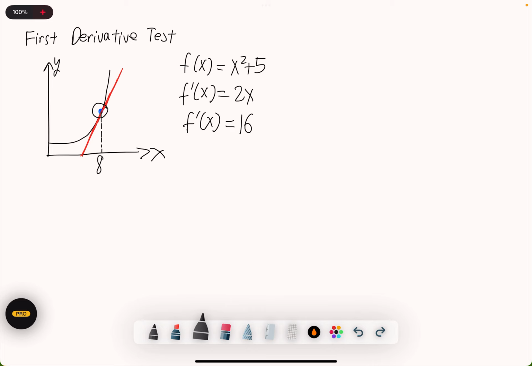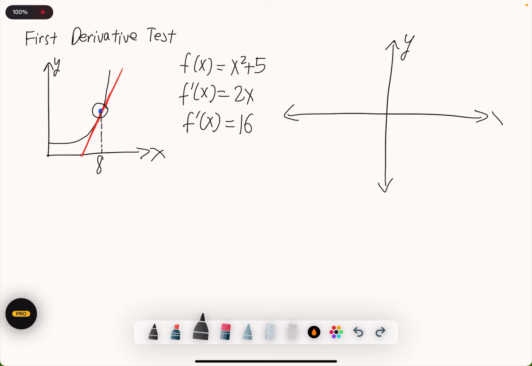So the first derivative test involves a few concepts. Firstly, that the derivative or the infinite many derivatives of a graph, so like this entire graph right here, these derivatives, the slopes of each of these red lines, can be graphed. So what I mean by this is, for example, I'll draw the y-axis and I'll draw the x-axis. I know that when x is 8, which say x equals 8 is right here, the derivative of